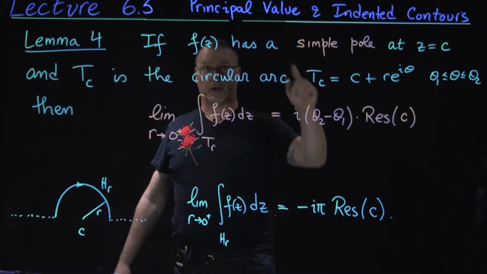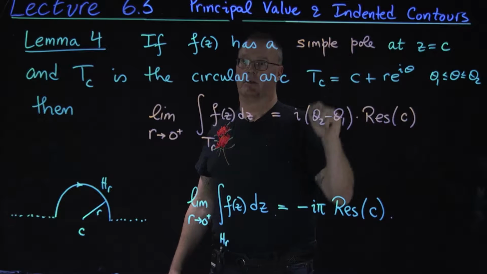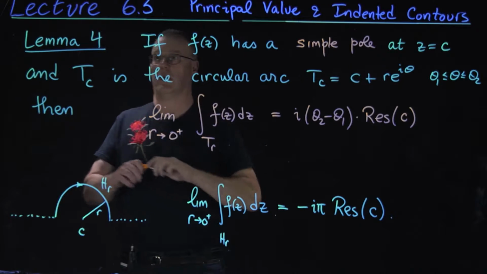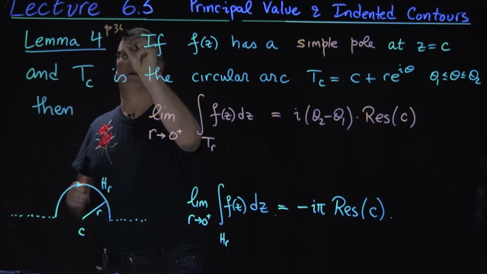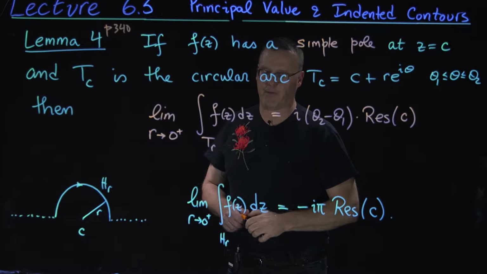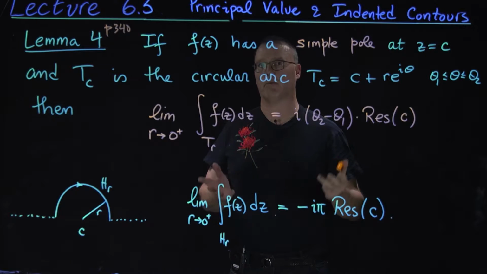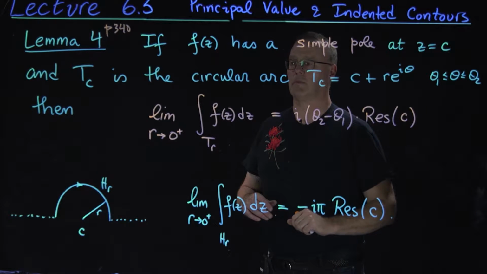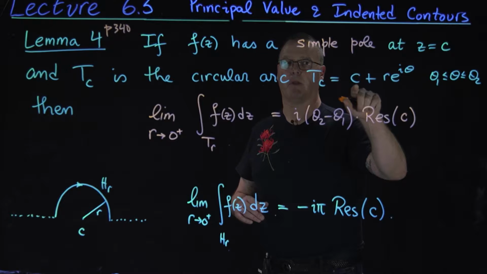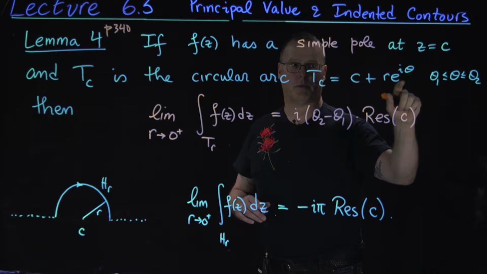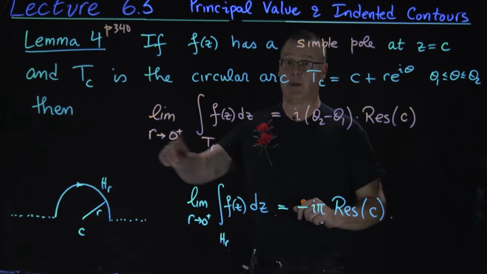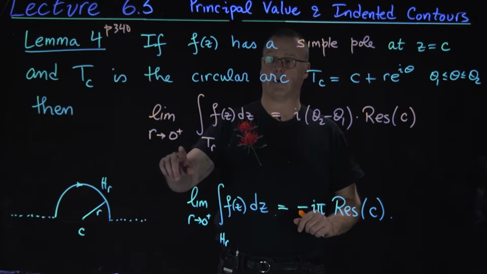So let's try to link principal value with indented contours. Lemma 4, which is page 340, says that if the function f of z is analytic except for a simple pole at z equals c, and gamma_C is the circular arc that's centered at c, has radius r times e to the i theta, and theta ranges between theta 1 and theta 2, then the limit as r goes to 0 of the integral around